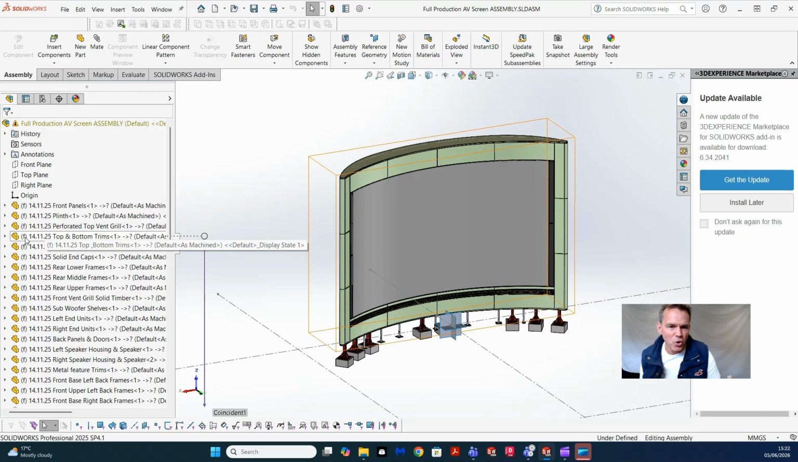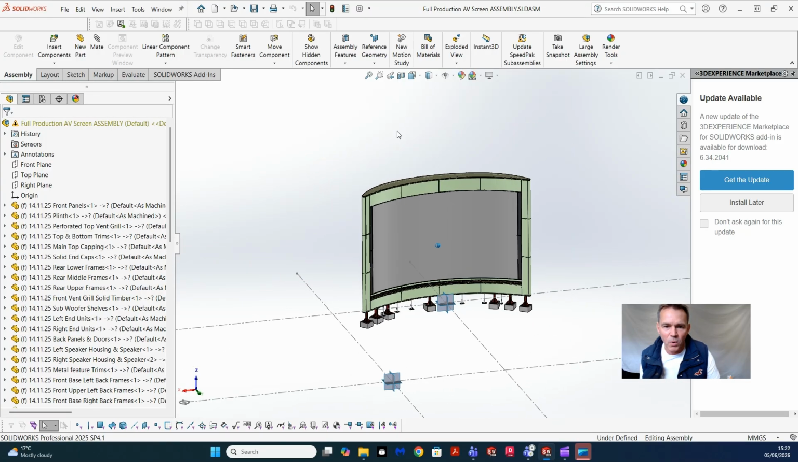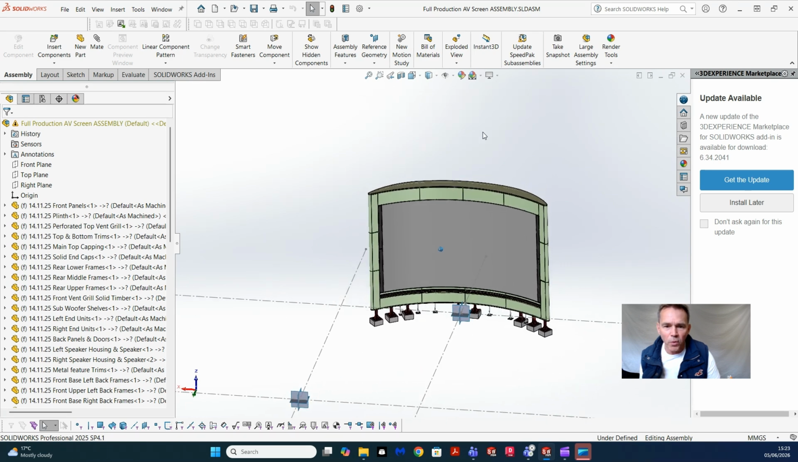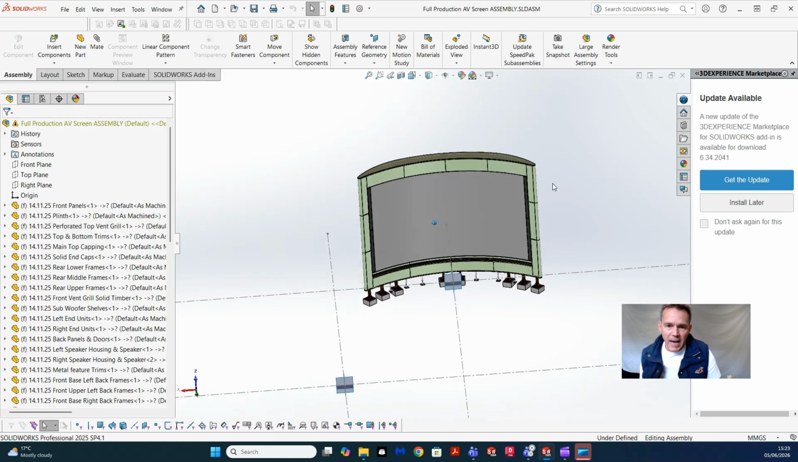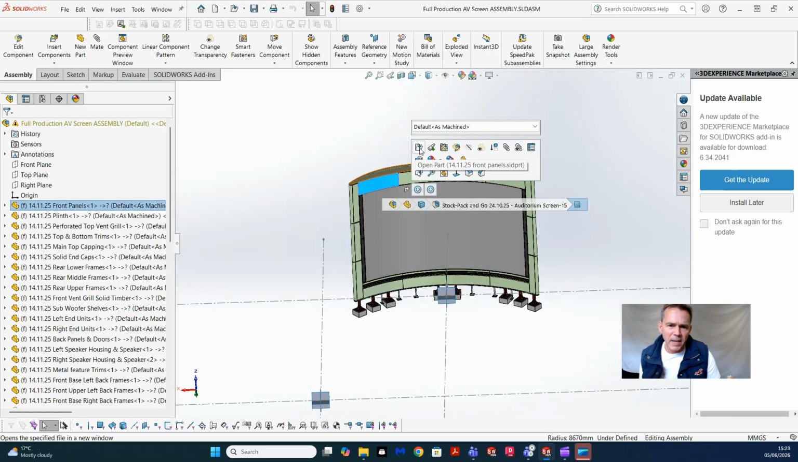Fixed means you could have just brought it in, floated it, and then decided, well, that's where I want it, and I'll fix it. But these are fixed in relationship to the origin because of the way we derived those parts out and brought them into the assembly. And so what you can see is if I open up this part here,